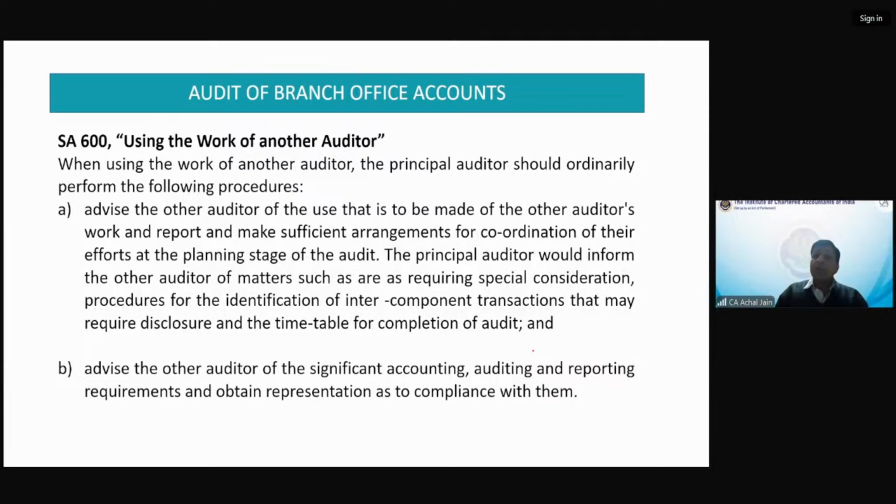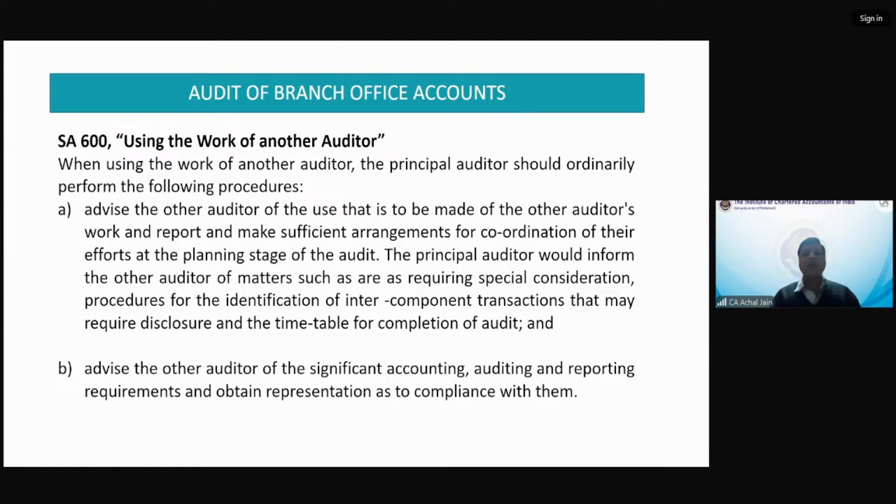Once the component auditor has completed the audit, what is the role of the principal auditor? To rely on their work. And if you remember the other matter paragraph, what was that for? That was in respect of this thing only, wherein the branch auditors will do the work and give it